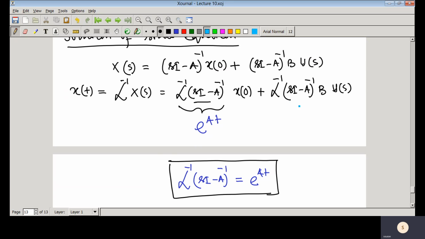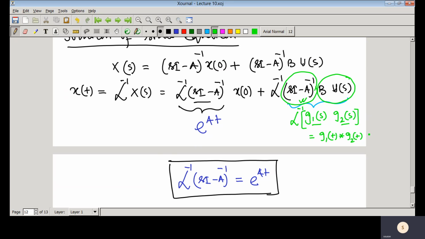And just look at this particular term. Here you can take that this is one term and this is another term. As we have seen, the Laplace inverse of (sI minus A) inverse is e to the power At. So this term you get if you take the Laplace transform. Suppose this one is G1(s) and B U(s) is G2(s). So you have two matrix functions in Laplace domain in product form, and you are trying to find the Laplace inverse of this. As you know, the Laplace inverse of the product of two functions